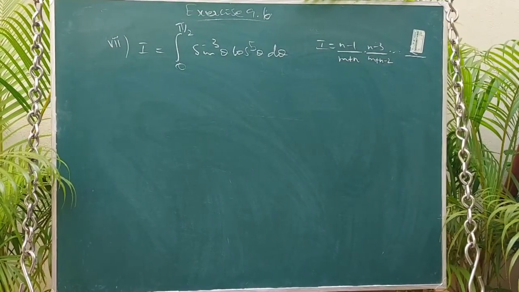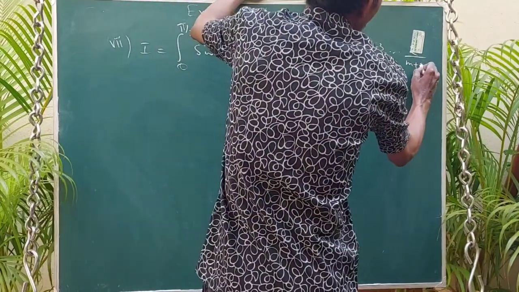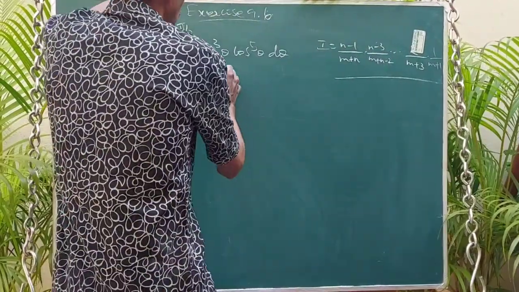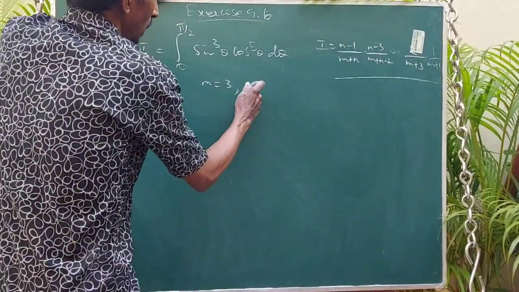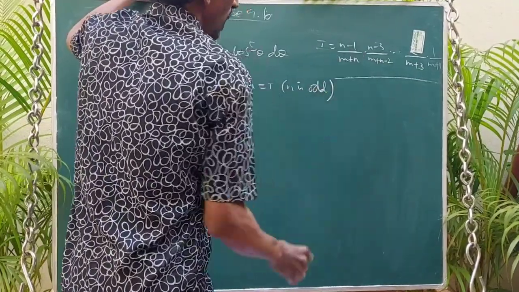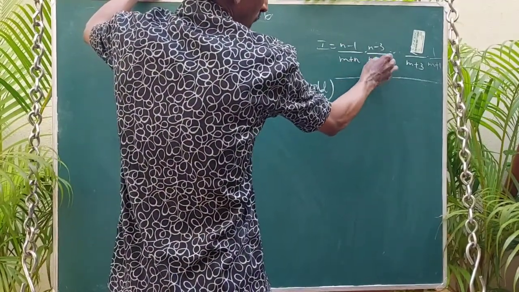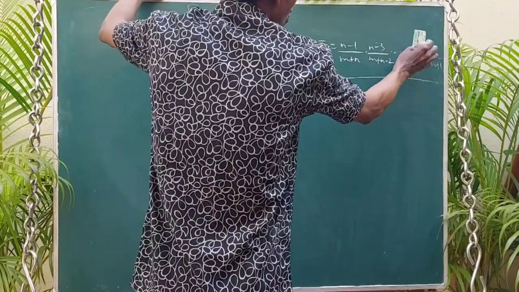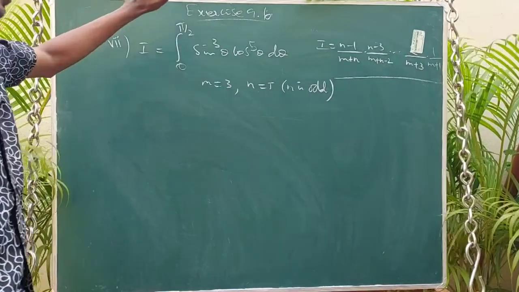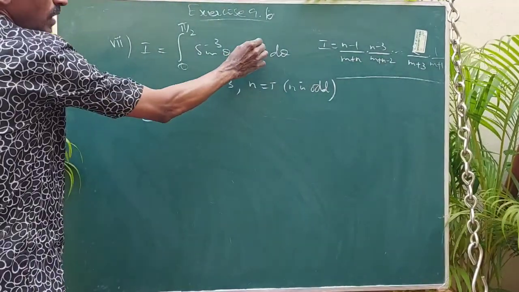Okay, so 2 by m plus 3 into 1 by m plus 1, last 2 by m plus 3 into 1 by m plus 1. Remember this one. If n is odd, here m equal to 3, n equal to 5. So n is odd. Okay, use this formula. First step alone, n minus 1 by m plus n, reduce 2, both the numerator and denominator. Likewise proceed. If 2 comes, you have to put m plus 3 in the denominator and 1 by m plus 1. Remember the last 2 steps. So use the formula here. So it is n.